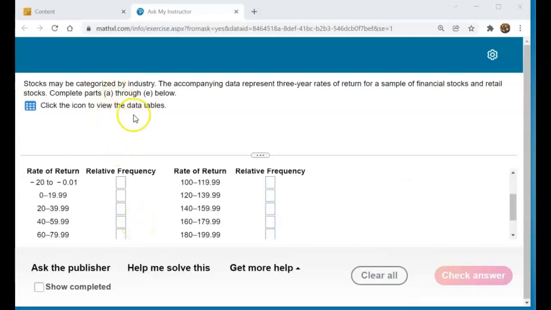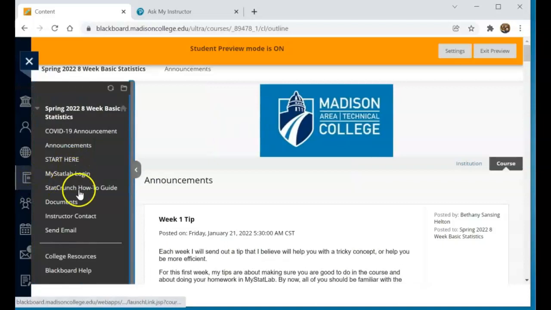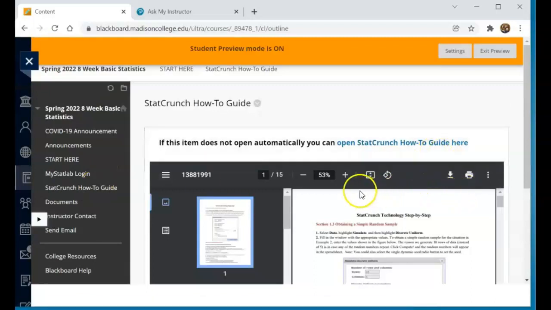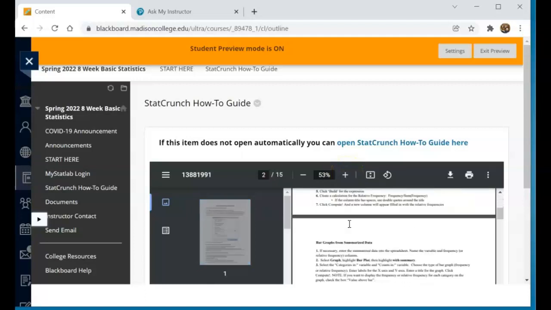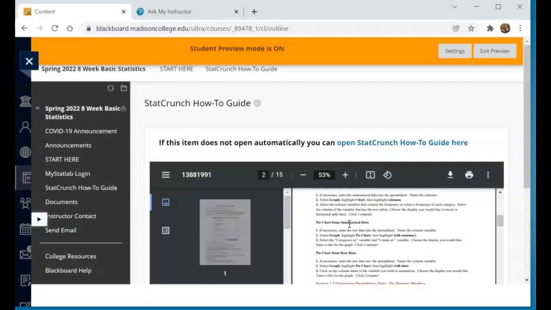So first of all, where do you find instructions for StatCrunch to do this? If you go into Blackboard, the StatCrunch how-to guide is over here on the left, and you click on that. You can see this StatCrunch how-to guide here. It's a little bit small, but in section 2.2,